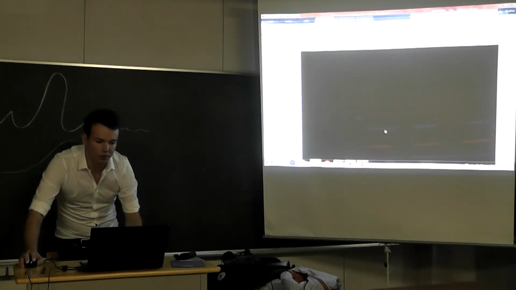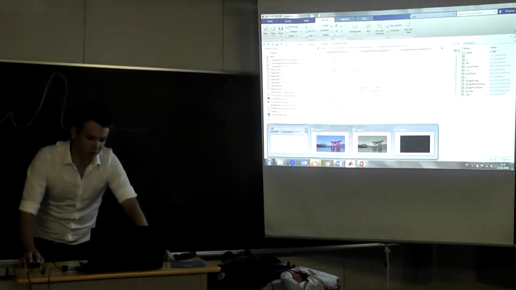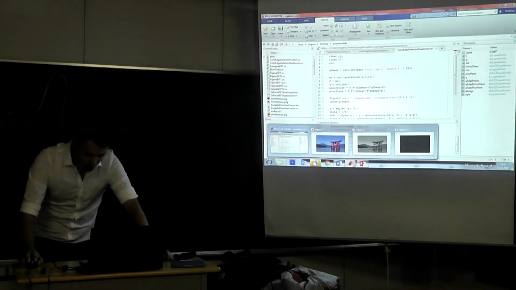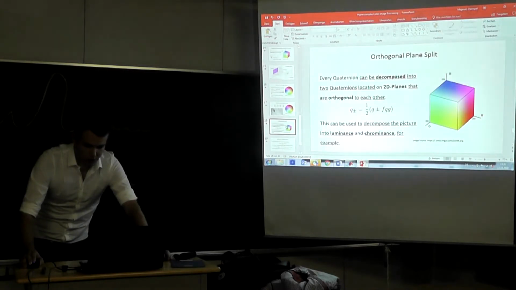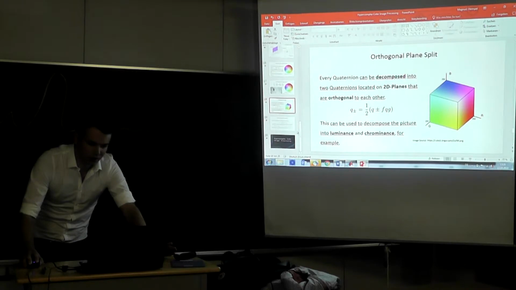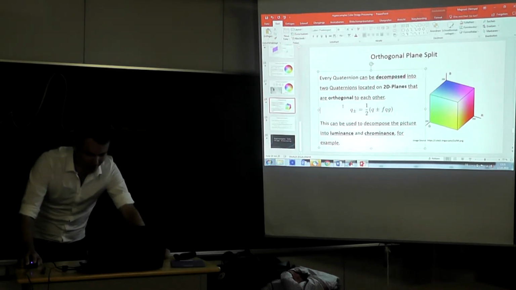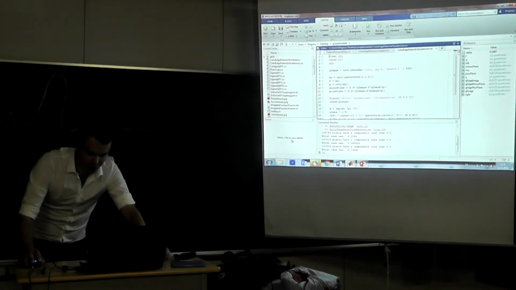And they preserve some color information, right? We go from blue to red, then the color is blue. We go from red to blue, then the color is red. So this, in some cases, might be convenient. Okay, and there's some more things the quaternions can do. Unfortunately, I don't have the time right now to show you. I just show you quick with the